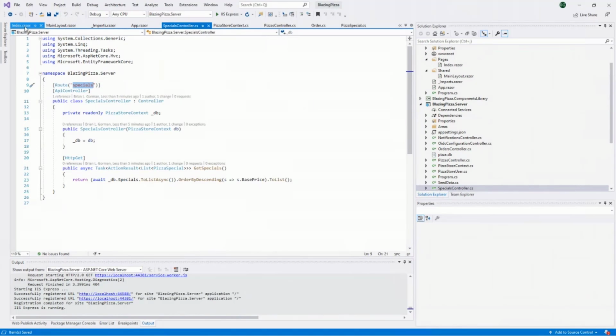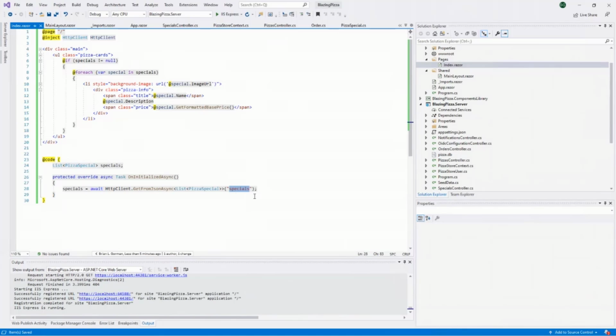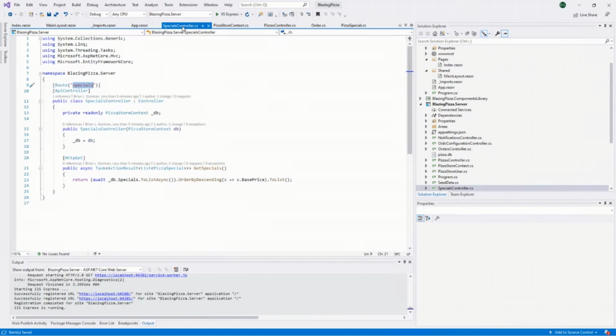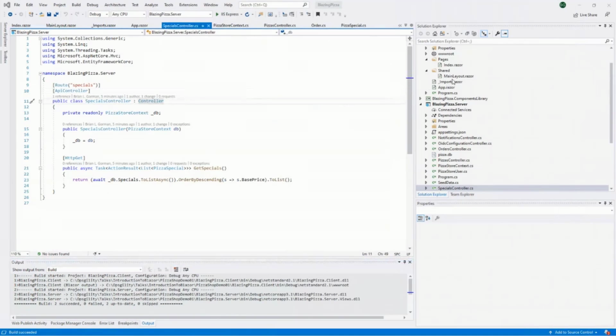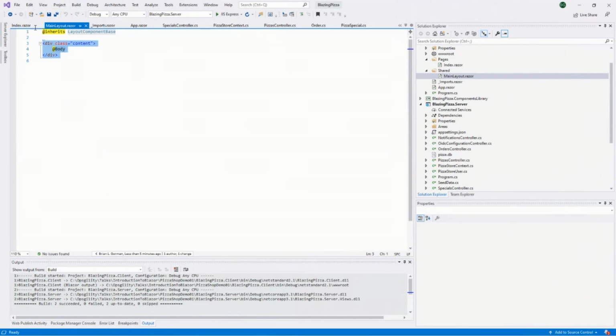So there's our route for specials. And so when we're calling that, it's basically just saying, give me the specials, and it'll return a list of pizza specials. And then we can use that in our for each loop there using the get call. It's giving us the pizzas ordered by base price descending. So there you see now they're there. And of course, this looks nicer than just the default app because they've already put stuff in the style sheet and they've already put information into the layout,